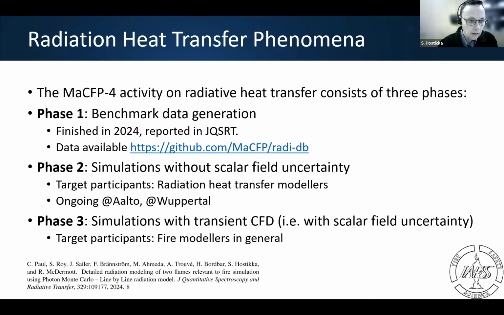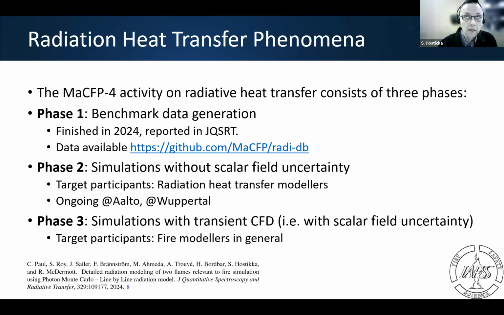So the radiation subgroup activity in MaCFP-4 consists of 3 phases. The first phase includes benchmark data generation, and this activity was actually pretty much finalized last year. The results have been reported in the Journal of Quantitative Spectroscopy and Radiative Transfer.